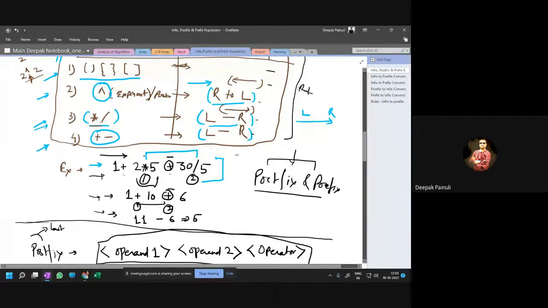we are definitely going to evaluate left to right. We will follow the left to right rule. In scanning from left to right, we found that multiplication comes first. That means we will first evaluate this expression, and division comes second. So I will first evaluate 5 multiplied by 2 equals 10 here, and 6 here.